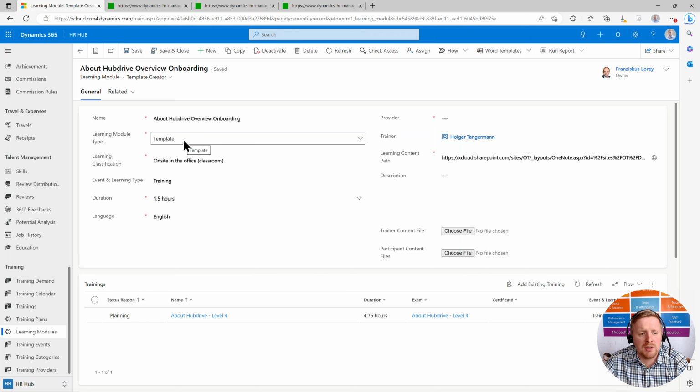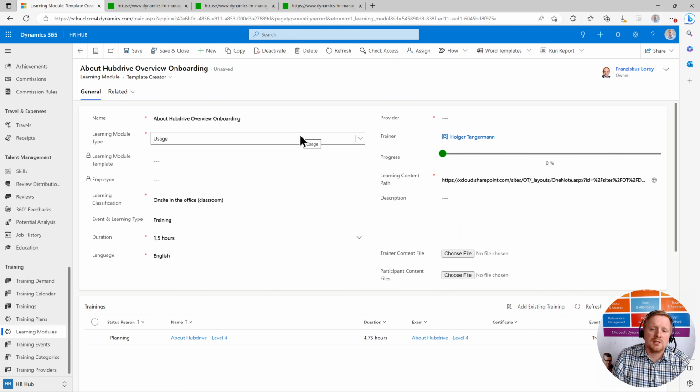And we have the difference between template and usage. Usage means that this learning module or this complete training plan, so this type applies to training plan, training and learning module, and the difference is if it is enrolled. Enrolled means that your employee has access to this training plan. By changing it to usage, this will be done automatically. Your participant or your trainee is enabled to track his progress depending on the type. For example, you have the type e-learning,